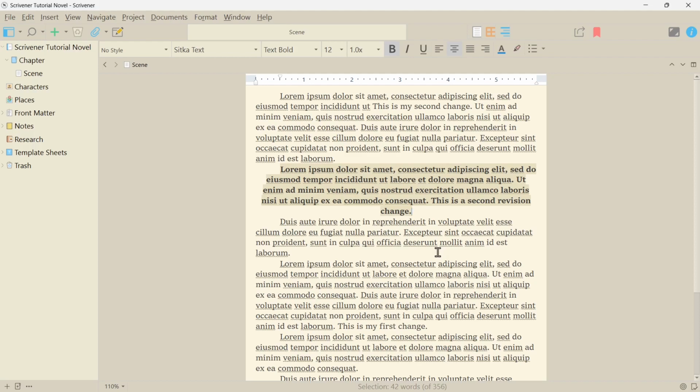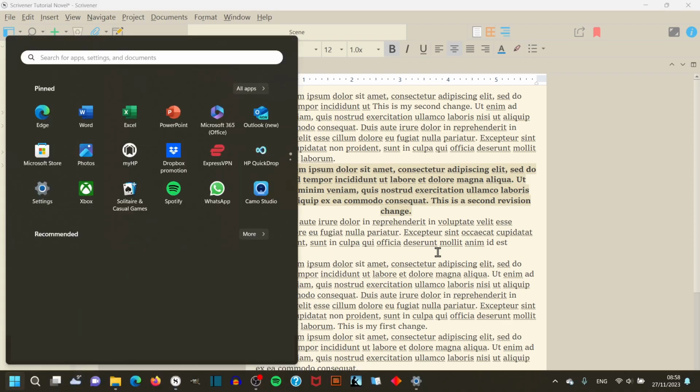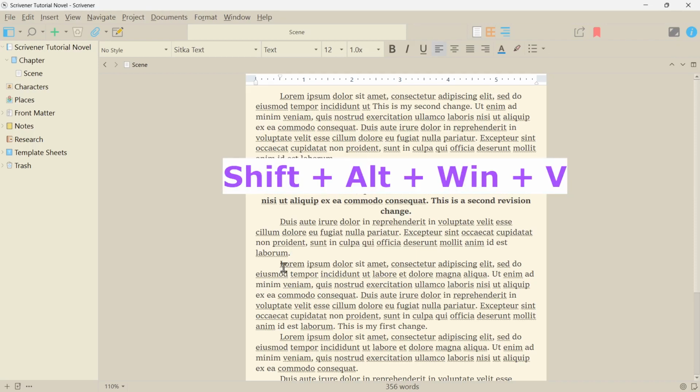First, you need to highlight the text style you want to copy. Then press Shift, Alt, Win and C. Don't press Win first. You'll likely get the Start menu pop up on screen. Now go to the text you want to add the style to, highlight it, and press Shift, Alt, Win and